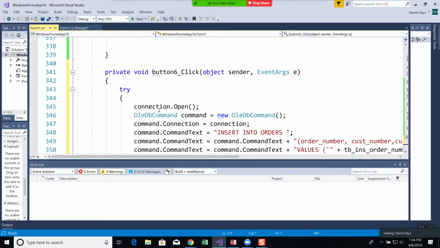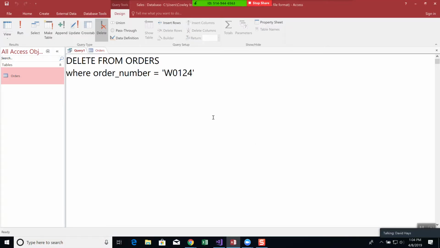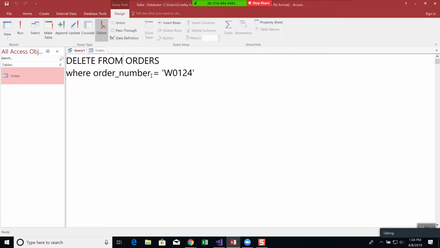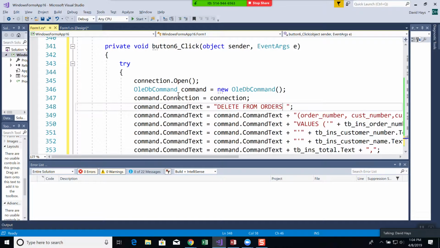Okay, got my try, open my connection, connect my command to my connection with these. Here's where my SQL starts. So I'm wanting delete from orders where order number equals, and I might as well go ahead and put that on the same line here. I think I have room. Where order number equals